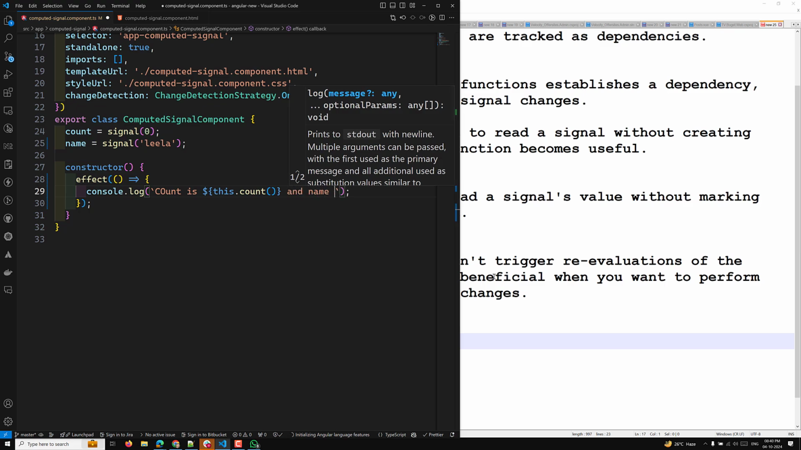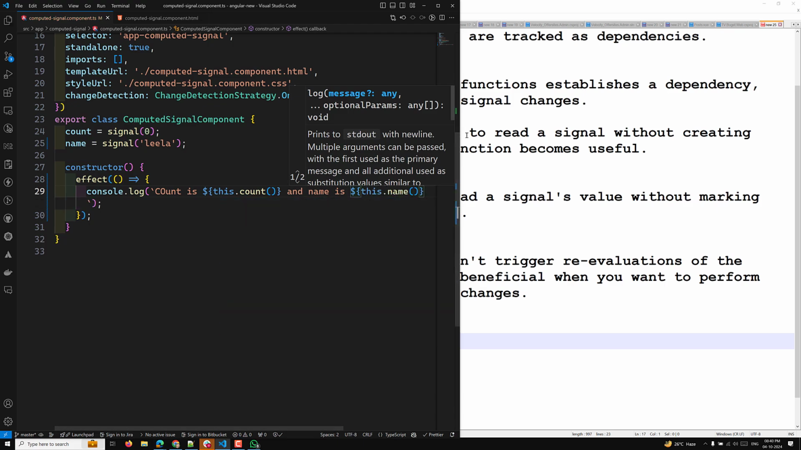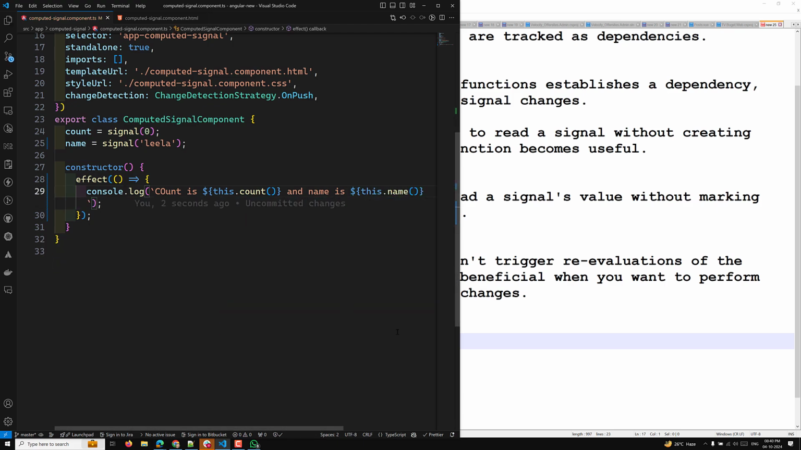And name is this dot name. Okay, so these are the two things which I want to do. Now what I want to do here is